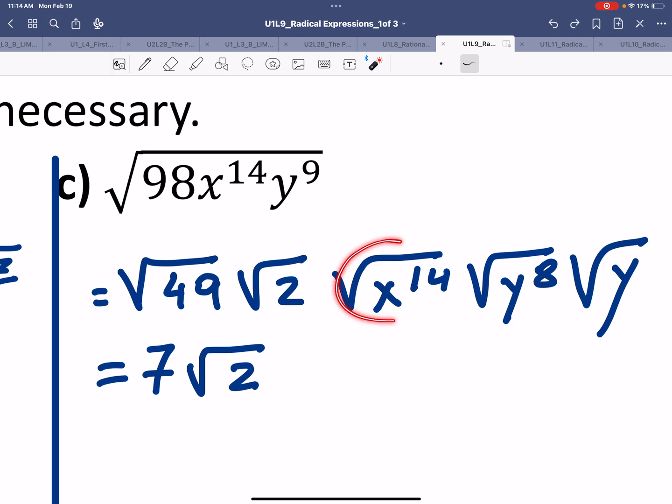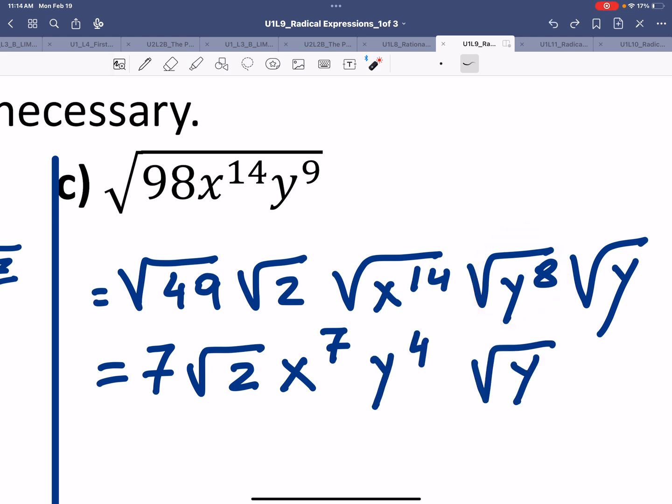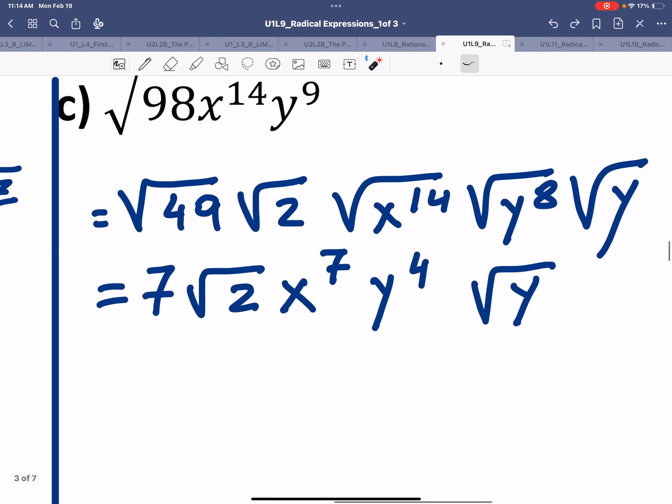The root of x to the 14 is x to the 7. The root of y to the 8 is y to the power 4. And then the square root of y. So let's clean up the expression. All the numbers outside the radicals will combine together. So we have 7, we have x to the 7, we have y to the 4, and the root of